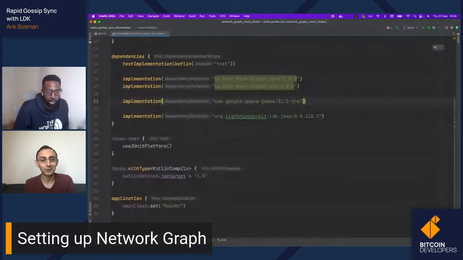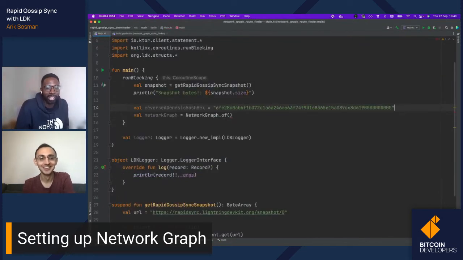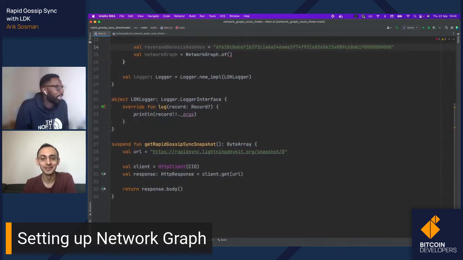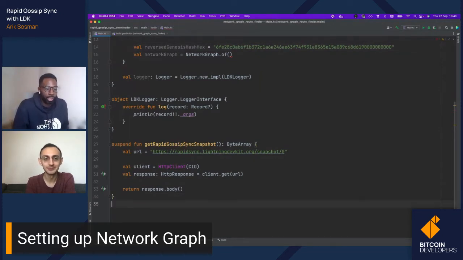By the way, a note to our viewers: when it comes to third-party dependencies in actual Rust Lightning code, we are nowhere near as nonchalant about that. Yeah, that's a good point. Actually, I'm just adding dependencies all over the place, and for mission critical software dealing with money, you probably shouldn't do that.